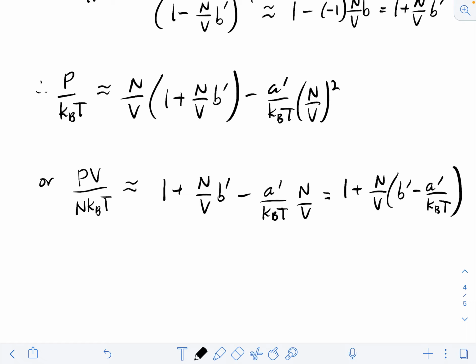Right, and so there's our factor of 1, and then this other term, the plus whatever, is like a van der Waals correction for an interacting gas. Okay,